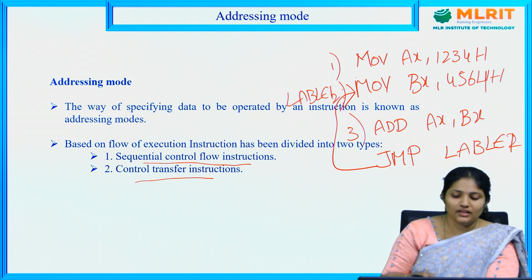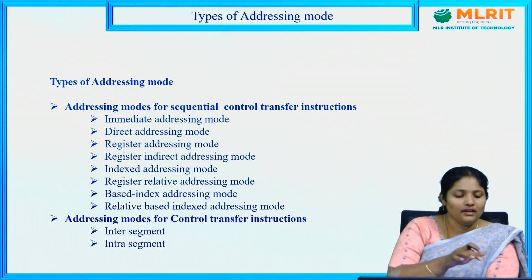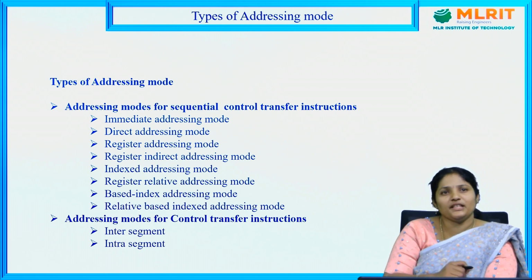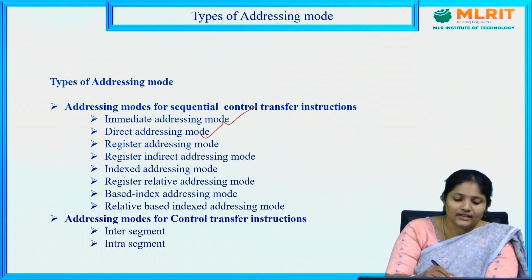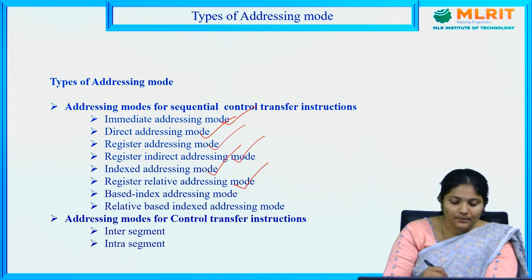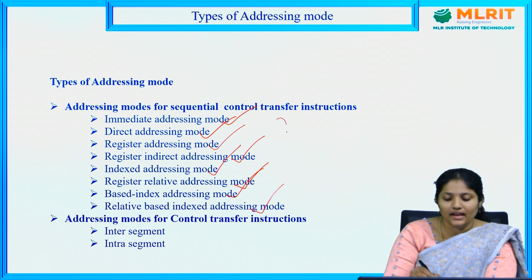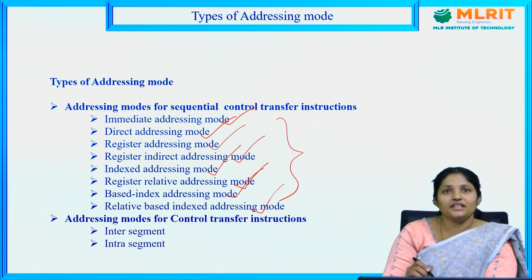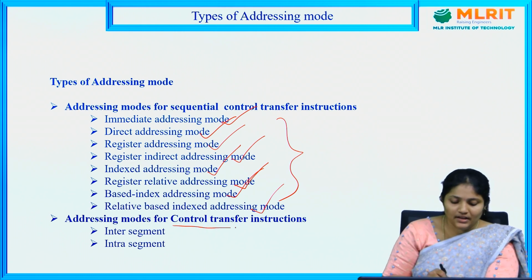Now, in sequential control flow instructions, there are 8 addressing modes: immediate addressing mode, direct addressing mode, register addressing mode, register indirect addressing mode, indexed addressing mode, register relative addressing mode, based indexed addressing mode, and relative based indexed addressing mode. These 8 addressing modes come under sequential control flow instructions, whereas control transfer instructions